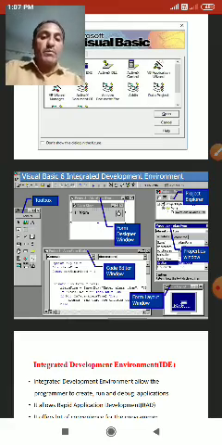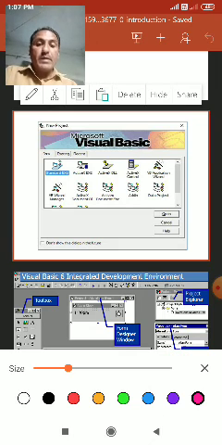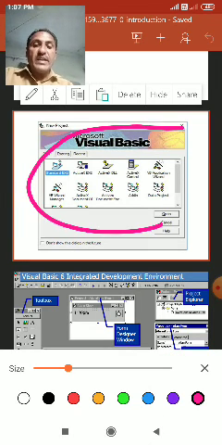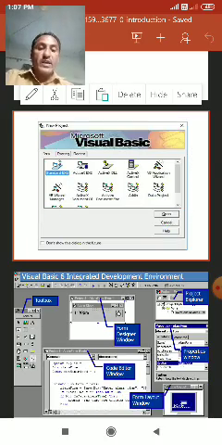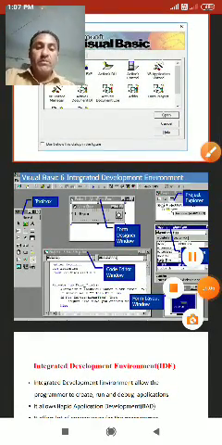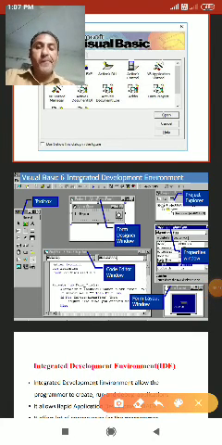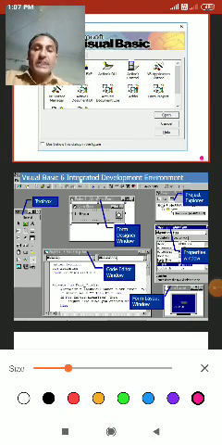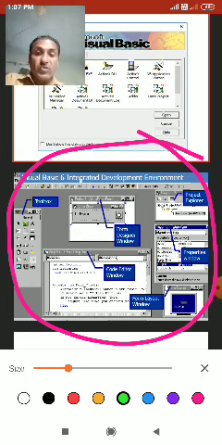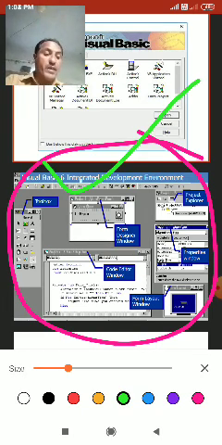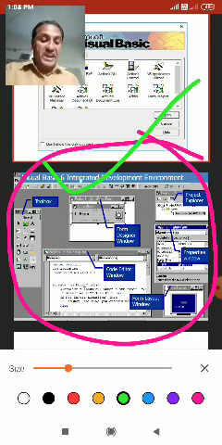This is the image of the integrated development environment, Standard EXE.